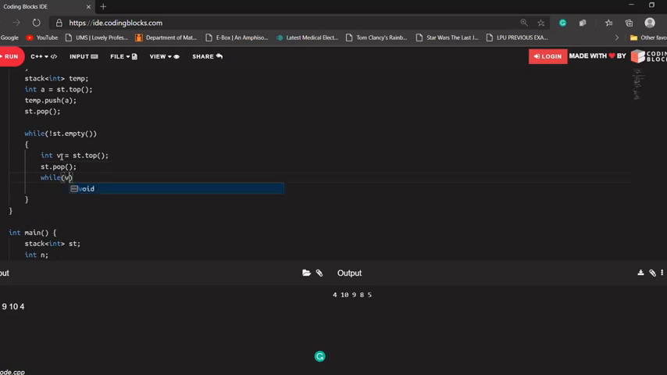And what I'm saying is, while that v is smaller than the element that was at the top of our temp stack, we are popping an element from the temp stack and pushing it into our main stack. So if v is less than this temp dot top,